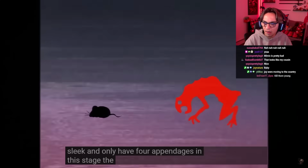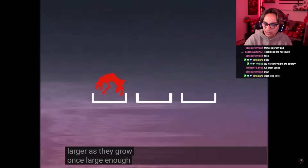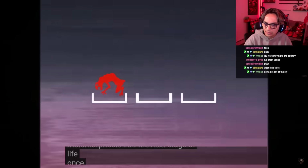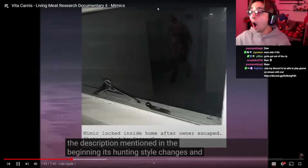In this stage, the young mimic will hunt small animals, moving on to larger and larger as they grow. Once large enough, it will begin metamorphosis into the next stage of life. Once fully transformed, it will resemble the description mentioned in the beginning. Its hunting style changes and becomes...